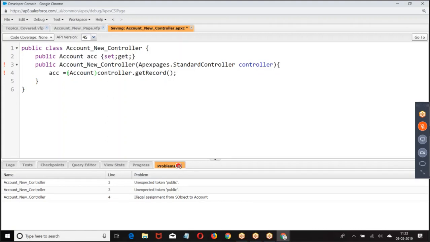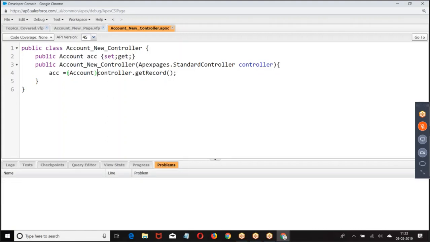Now, why is the standard controller going to accept sObject? Because I am not sure which record you are going to pass. You are going to pass account or a contact or opportunity. Because you are not sure which object you are referring, I have taken it as sObject. If you want to use that sObject, we have to convert the sObject into the form of the corresponding object. Okay. Go back here.